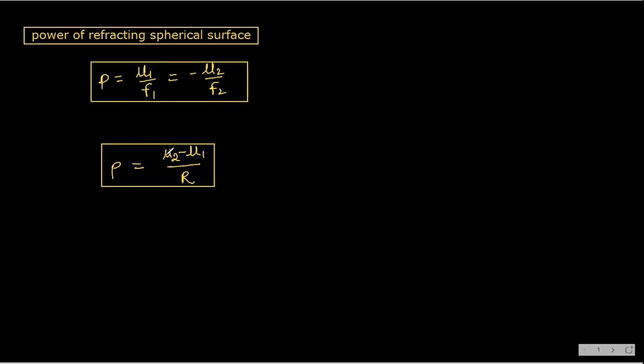Same like mirror. Mirror is what? Reciprocal of focal length. So power P is equal to 1 by f1, power P is equal to 1 by f2. Suppose for two mirrors, f1 and f2, two focal lengths are there, then power p1 is equal to 1 by f1 for the first focal length, and power p2 is equal to 1 by f2 for the second focal length. Same thing like that, power p is the reciprocal of that. Clear? So power p is this. Just go back to the equation. You have the f1 and f2 values. If you substitute, you will get this common formula.